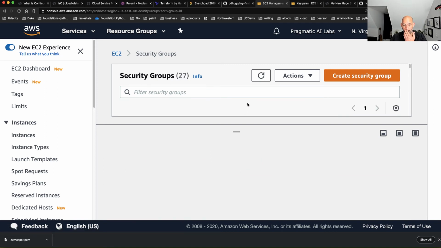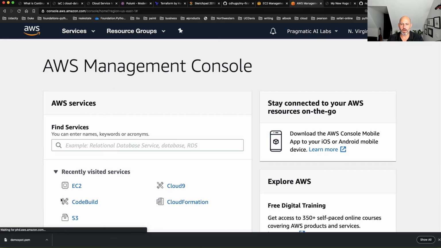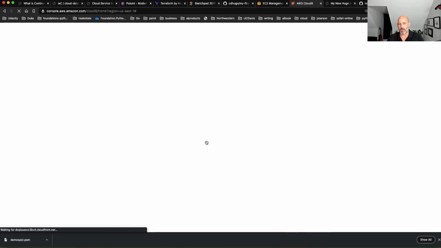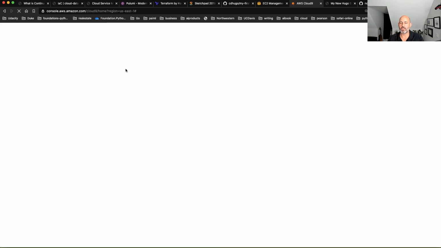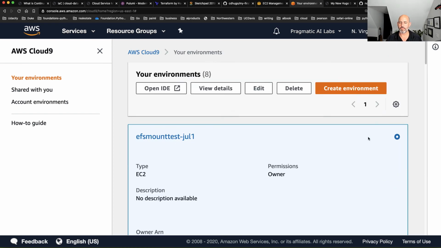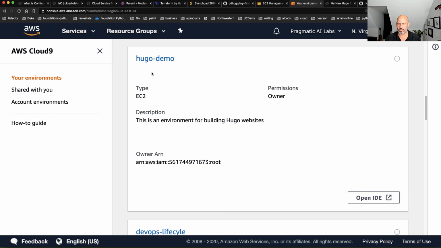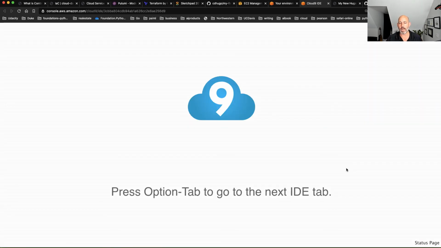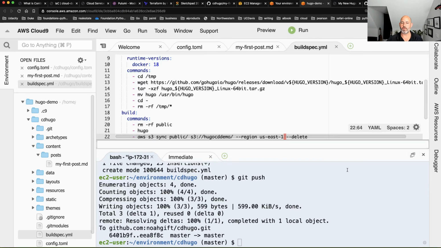So now that I've got that going, what I'm going to do here is go back to my Cloud9 environment because it's still running, and I'm going to use it to connect to the machine. That's a really clever way to use the spot instances, is actually piggyback from Cloud9 into your spot environment. So from here, what I will do is, I think it was Hugo demo, I'll just open this thing up. I'm going to upload this SSH key into this environment, and I'm going to use this to shell into it. So I will just close all this stuff because we're done with this.